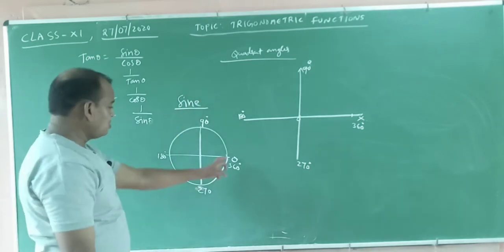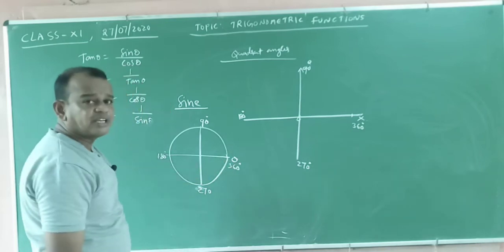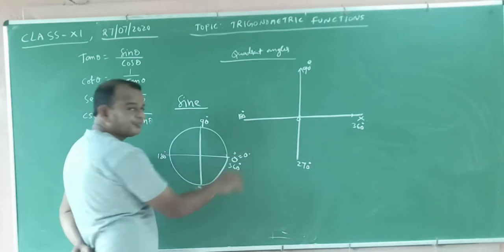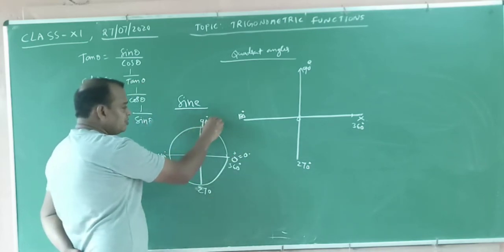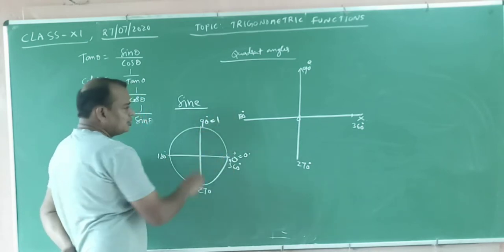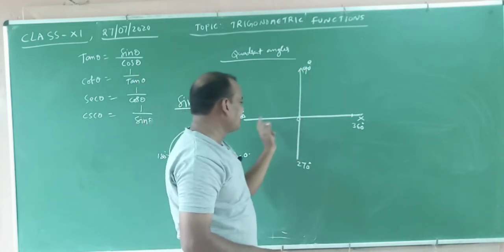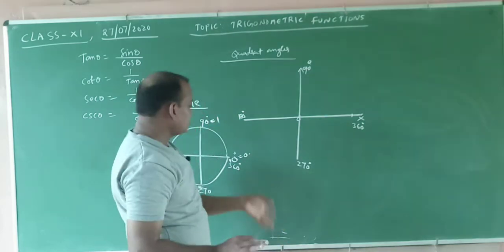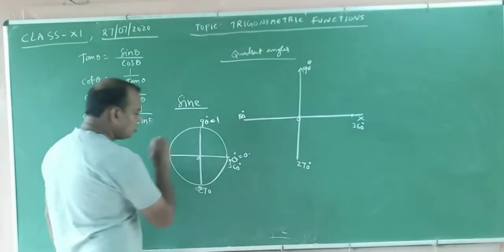You know these two values. I already taught that before. Sine 0 degrees, what is the value of the sine function? Sine 0 is equal to 0. Say yes or no? This is sine 90, you know that? 1. Suppose this is the x axis. These two are perpendicular, 90 degrees means 100%. This is the vertex. This is the x axis, this is the y axis. These are called coordinate axes. Coordinate axes divide the plane into 4 parts, no doubt at all. Okay, now this is compulsory, the origin.